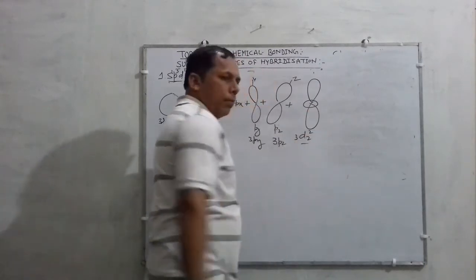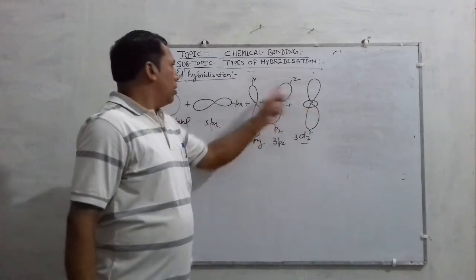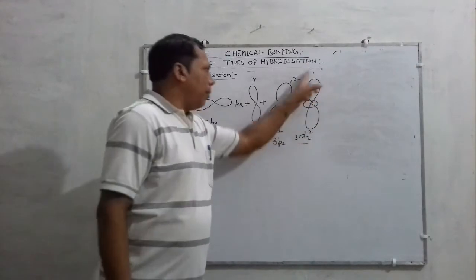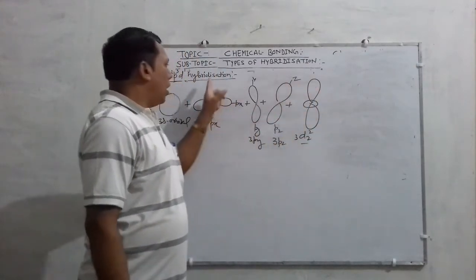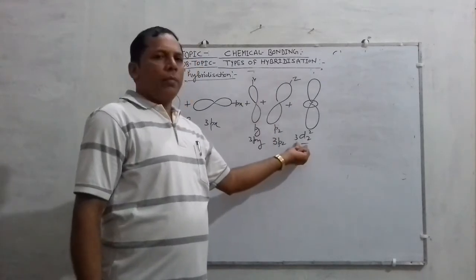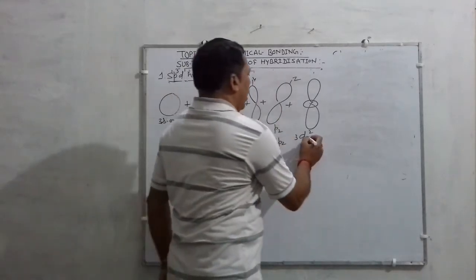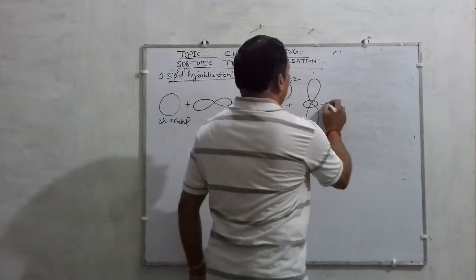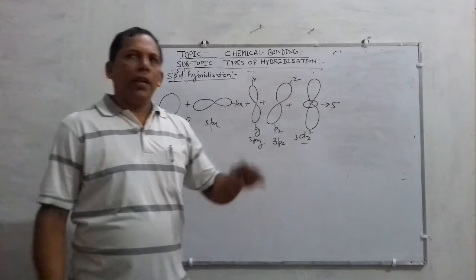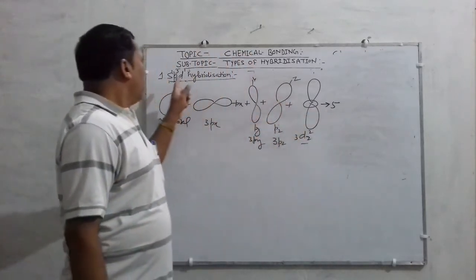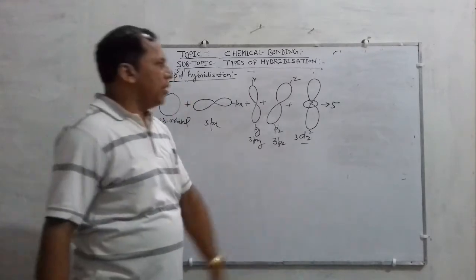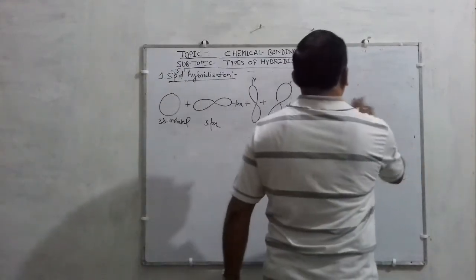Must remember, in this hybridization 1s, 3p and 1d, and among the d orbitals the dz square orbital takes part here, resulting in the formation of 5 new orbitals of equivalent energy. That type of orbital is called 5 sp3d hybrid orbital, and the hybridization is called sp3d, and that can be represented as,